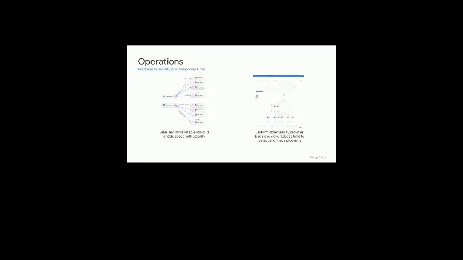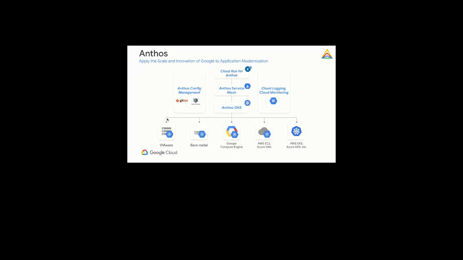Operations, here we're looking at what Istio offers. We have an offering called Anthos Service Mesh, which is just a managed service of Istio. You can have uniform observability across all the clusters that run all the applications that you're hosting. All of this is built to have one single umbrella called Anthos, and Anthos is just a collection of the tools that we've seen. At the bottom, we have orchestrators using Kubernetes. Once we have Kubernetes, we need a network layer. That network